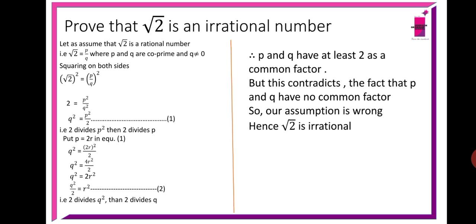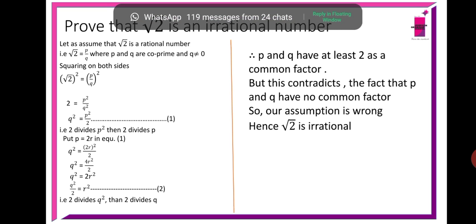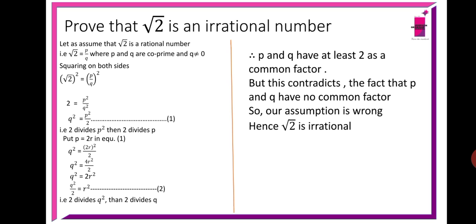So our assumption is wrong. Understood now? We assumed root 2 as a rational number, but we are getting a contradiction. Different sentences according to the assumption and according to the proof. According to the assumption, p and q are co-primes, but according to the proof, we got p and q having a common factor of 2. This contradicts because we have taken a wrong assumption. So hence root 2